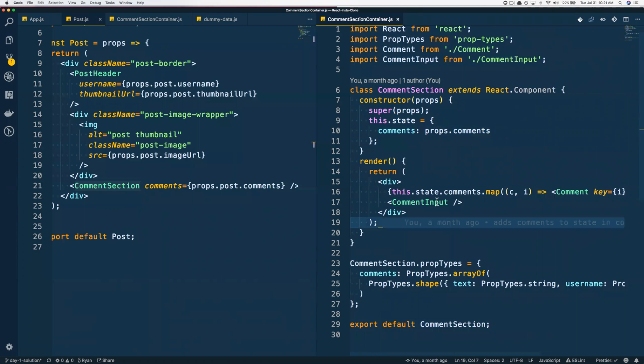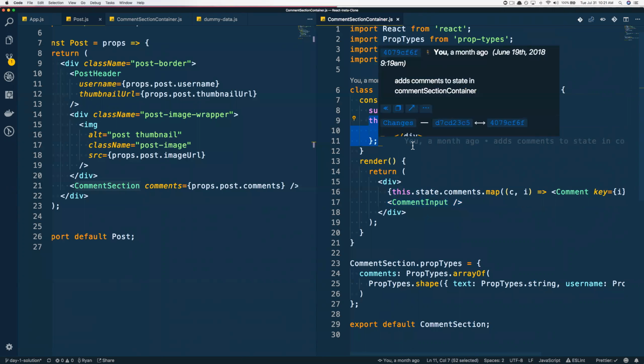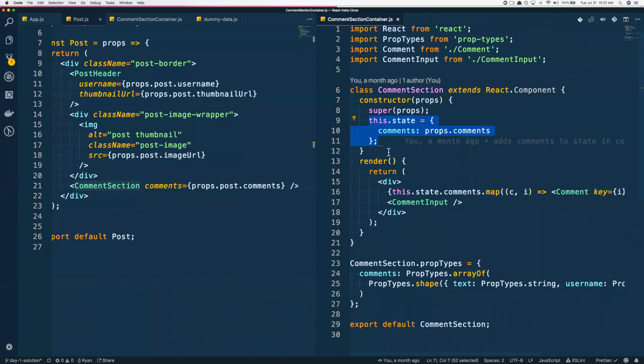Now, here's what's going to be fun. We're going to build out a comment input today, and that comment input will allow us to push new comments or potentially maybe delete comments if you wanted to add that functionality. It's not part of the MVP, but it would allow us to add new comments to this array directly. Okay, and if we're reading from state instead of props, we have separated out our components